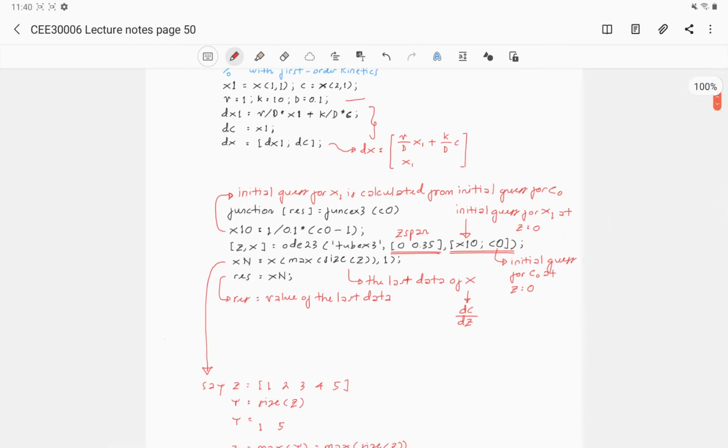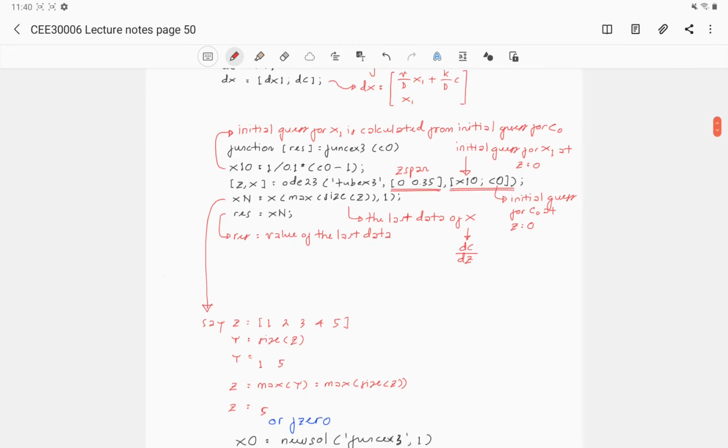On the other hand, if we go with this residual calculated by the function, then for this particular line we calculate the initial guess for x1 from the initial guess for C0. And then we use the ODE solver here, and we want to get this xn, which is the final component of the derivative of the concentration.